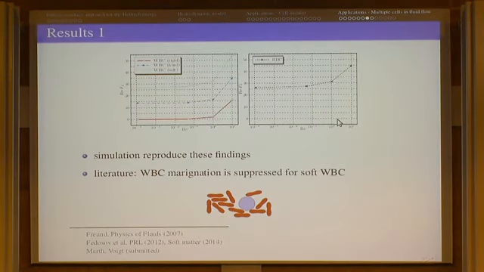Okay, and in these papers were also findings on what happens to soft white blood cells. We first wanted to understand what's happening there. So we calculated the lift forces which act on the white blood cell and on the red blood cell. What we see here is the lift force for a red blood cell at different Reynolds numbers. For all the Reynolds numbers, the red blood cell has a lift force which is greater